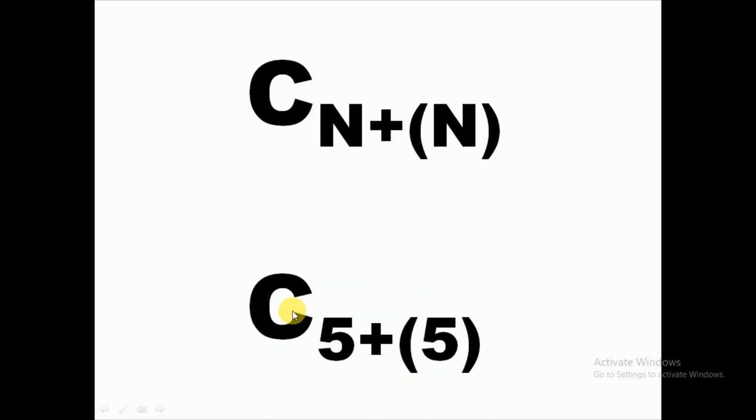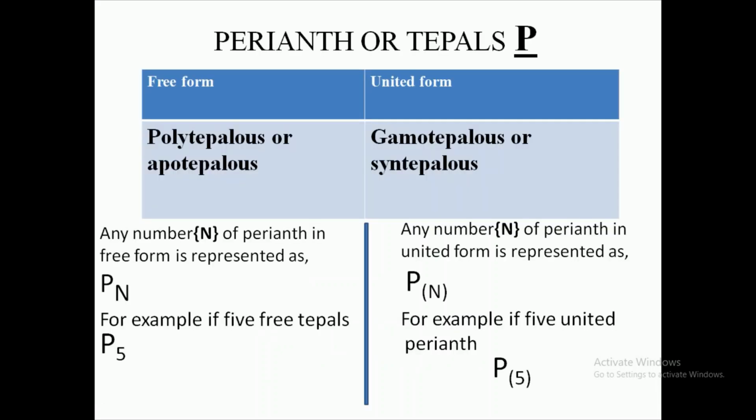Now this is another condition for corolla also, same as in calyx. Here we can see that the petal can be united or it can be free form. When calyx and corolla are in united form, that means we are not able to distinguish between calyx and corolla, and those type of flowers are known as perianth, and we also call them tepals.